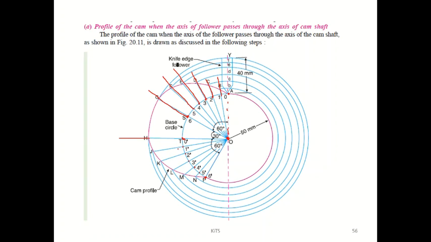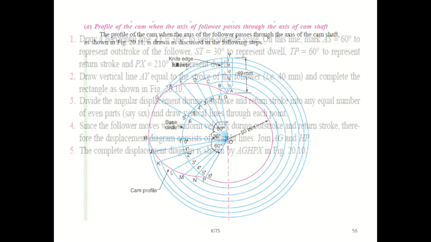From O, draw a line to 1, let it cross like this. From O, draw a line to 2 dash, let it cross like this. 3 dash, 4 dash, 5 dash, 6 dash. Okay. From O, we have drawn all these lines. After drawing these lines,